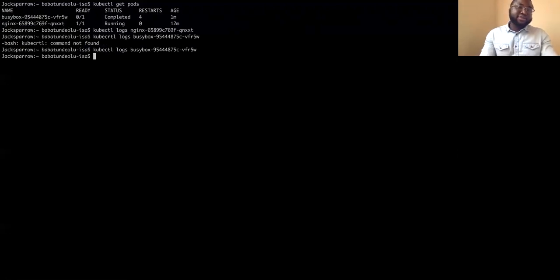Okay, right now, there's probably no command running inside of either pod. So what I'm going to do is run a command inside of the BusyBox. So kubectl